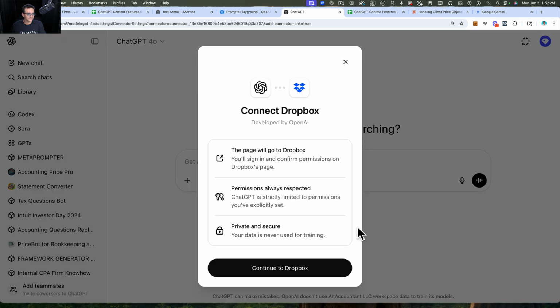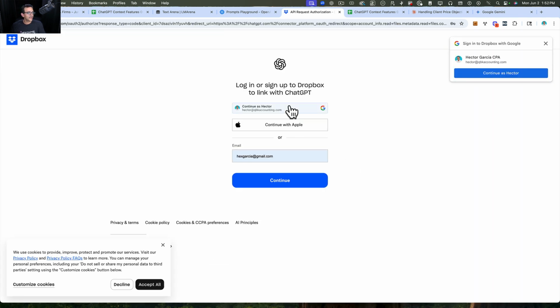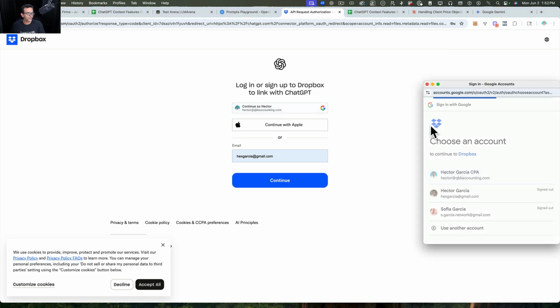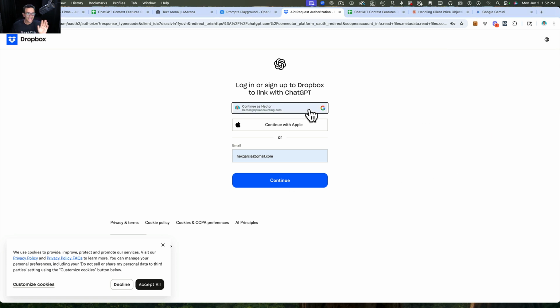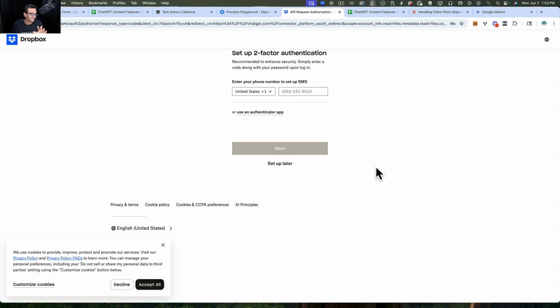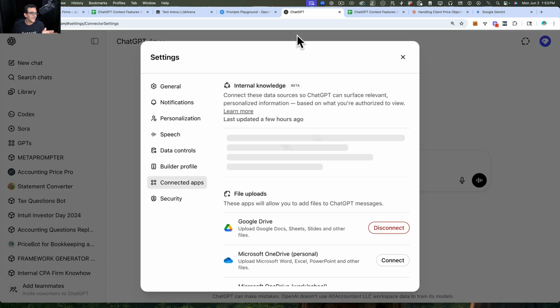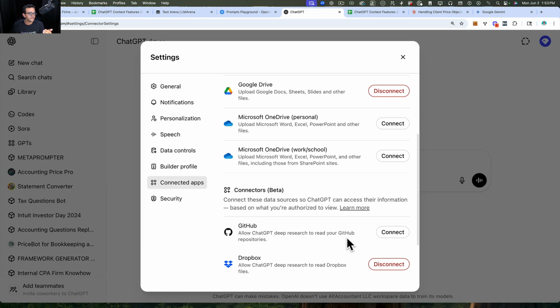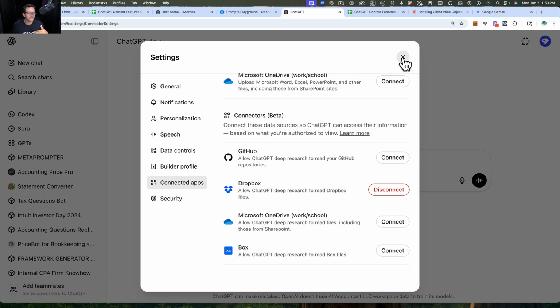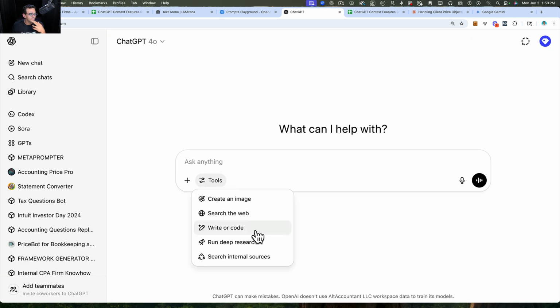So if I want to connect Dropbox, I do the standard Dropbox connectivity, and I'll just go through the login process here real quick so I can connect my Dropbox. I have a bunch of old files in there. I don't have a lot of context there, but we'll set that up later. We can see it's really, really quick. Again, same thing as Google Drive. You have to be comfortable with connecting these apps into it. But I can do deep research.